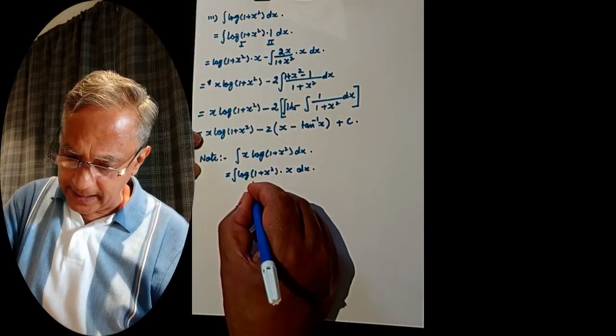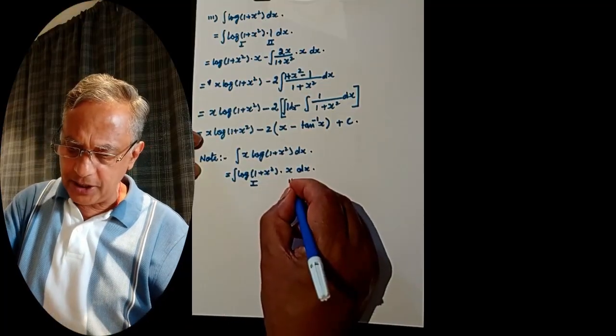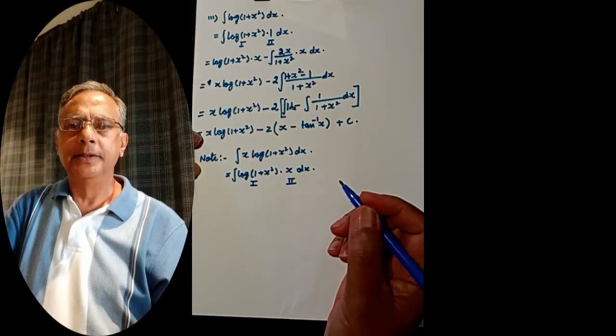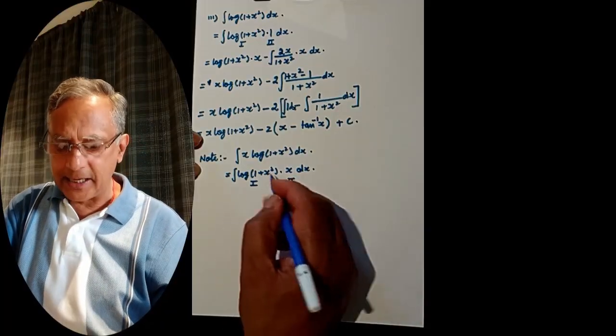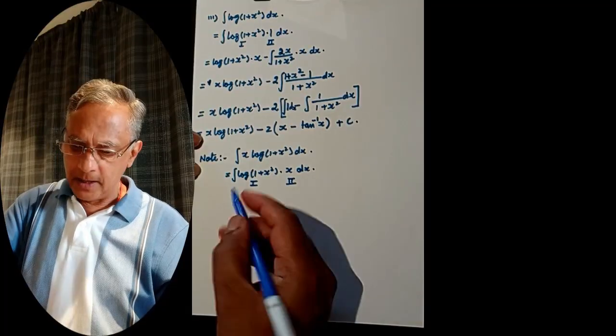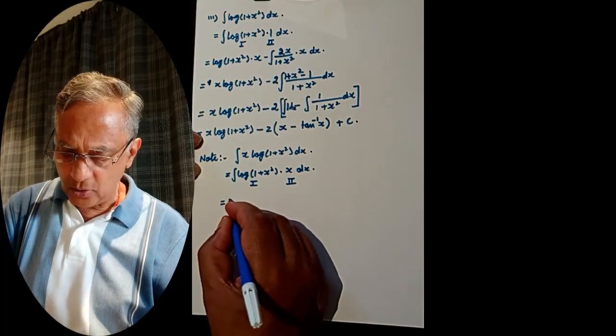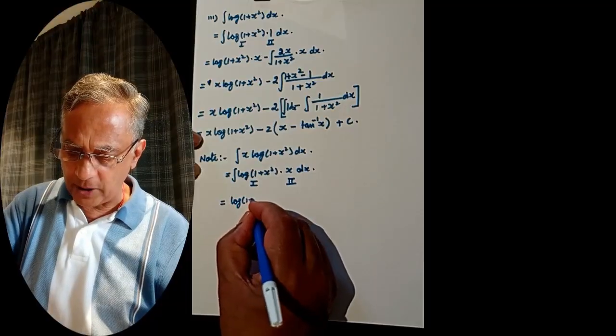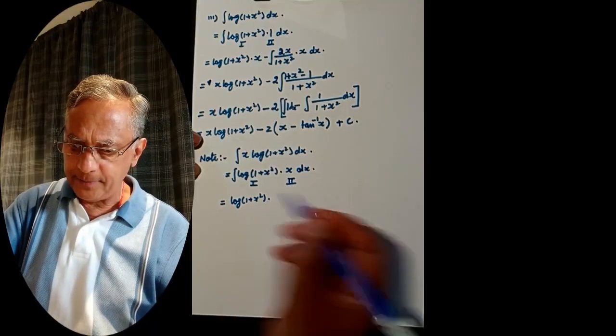This will be regarded as the first function and this as the second function, because this is an exceptional case, log and inverse trigonometrical function. So this can be written as first function, that is log of 1 plus x square, into